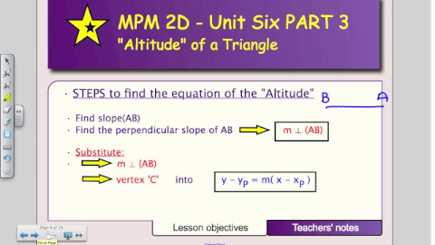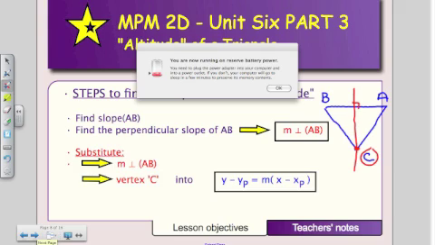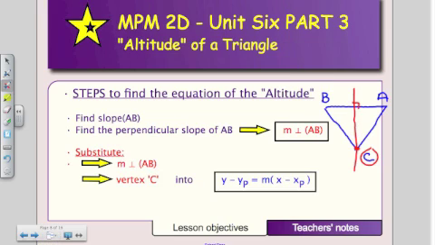now this doesn't have to involve the midpoint at all. See, I have this other vertex C. However, my altitude has to go through my vertex C and has to bisect AB at a 90-degree angle. That is the altitude. Get rid of this. So when you're trying to find the altitude, you have to substitute your vertex as well as the perpendicular